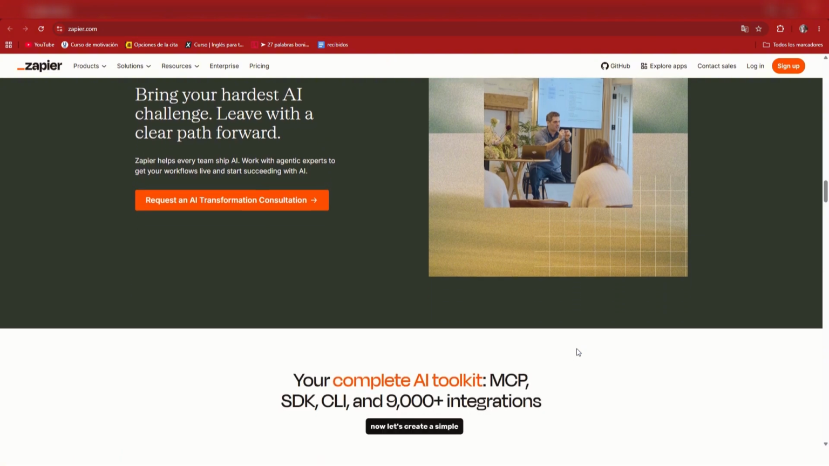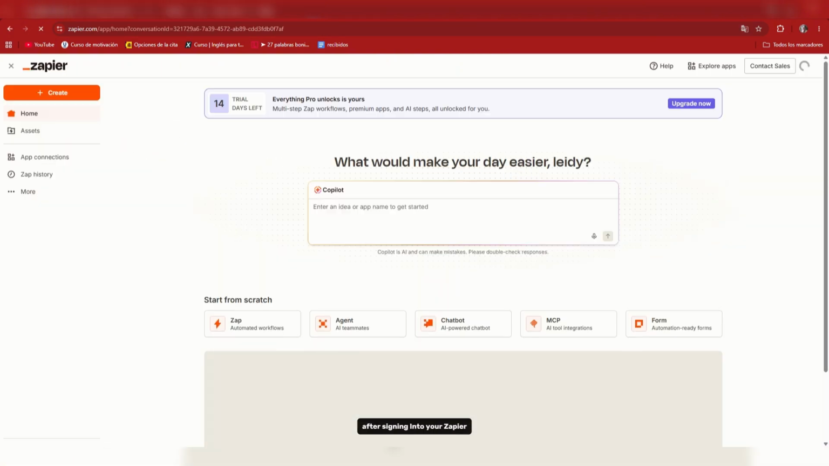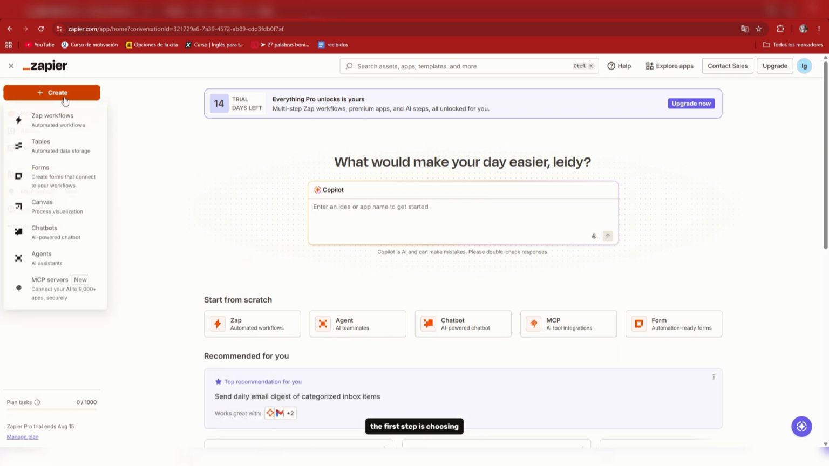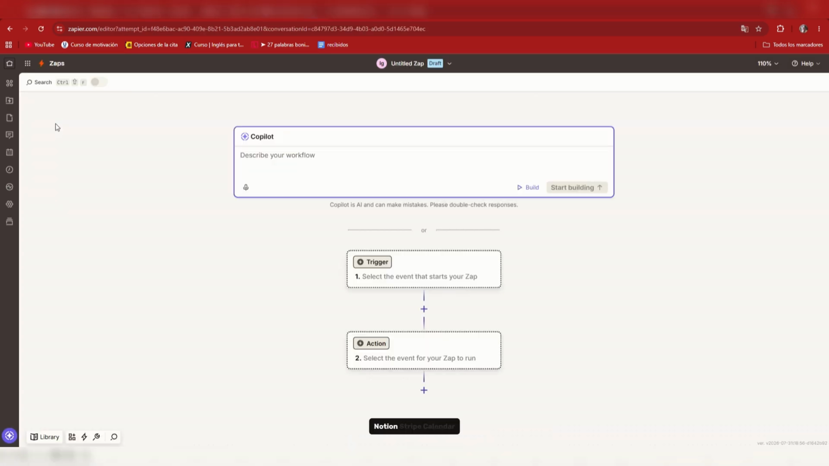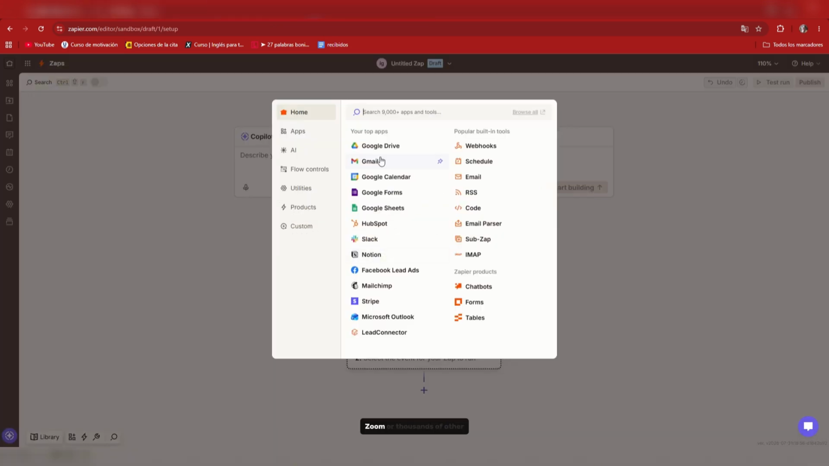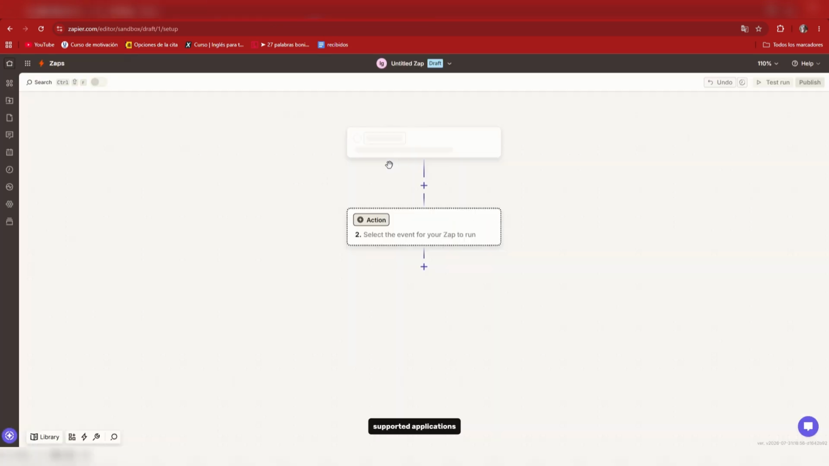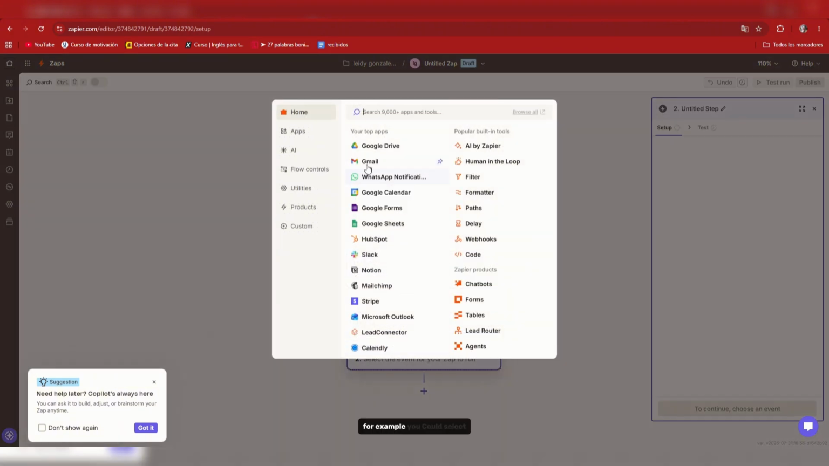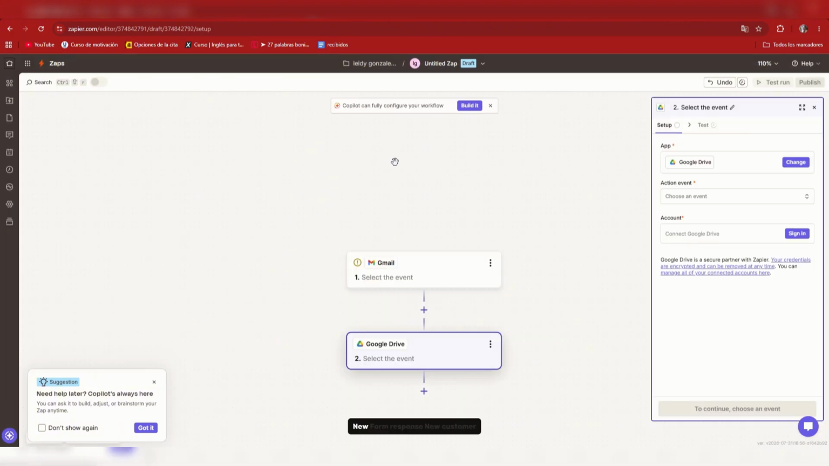Now let's create a simple Zap. After signing into your Zapier account, click Create and then select Zap. The first step is choosing your trigger app. You can select Gmail, Google Forms, Shopify, Slack, Trello, Notion, Stripe, Calendly, Zoom, or thousands of other supported applications. Next, choose the specific trigger event. For example, you could select New Email, New Form Response, New Customer, or New Spreadsheet Row, depending on what you